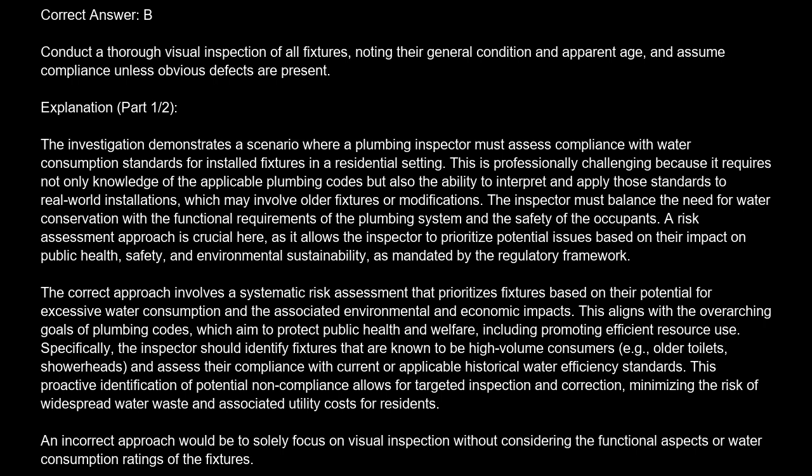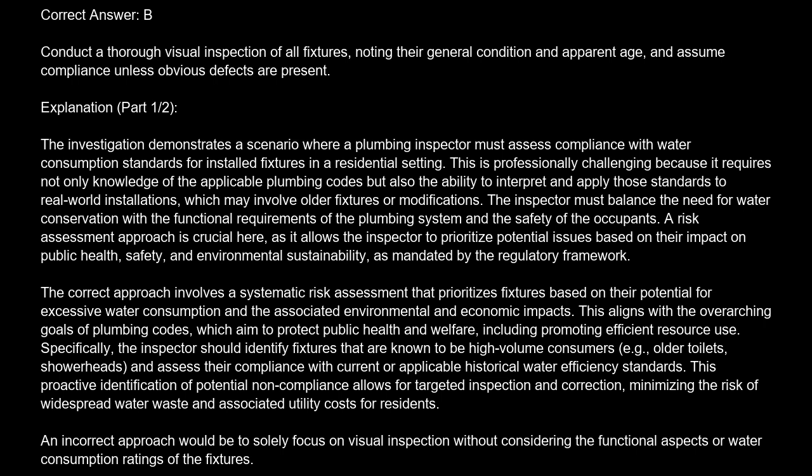This is professionally challenging because it requires not only knowledge of the applicable plumbing codes, but also the ability to interpret and apply those standards to real-world installations, which may involve older fixtures or modifications. The inspector must balance the need for water conservation with the functional requirements of the plumbing system and the safety